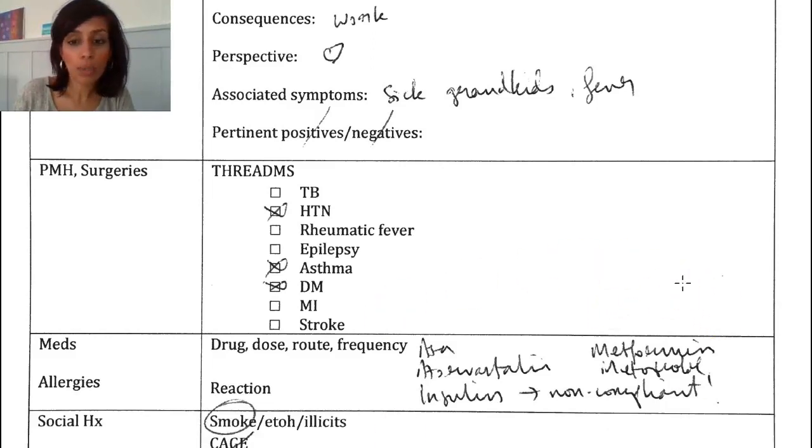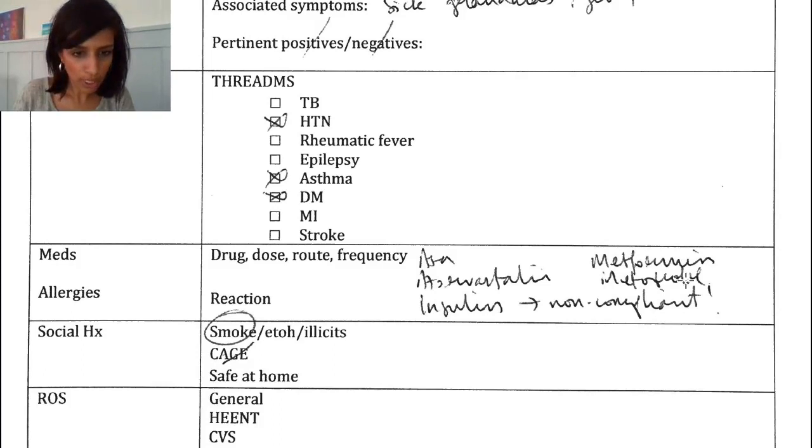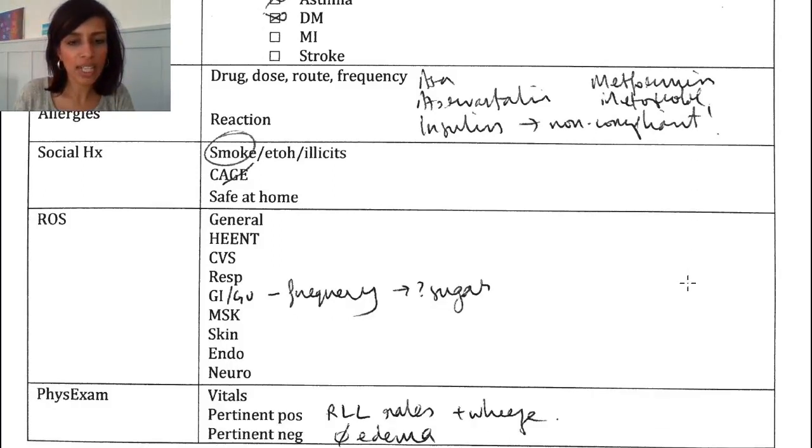I'm very familiar with the common dosages, etc., so I didn't write those down here, but you may need to do that at this point. Got her social history, and interestingly, I found in her review of systems that she had some other problems like frequency, and I wrote down query sugar. In other words, I should make sure to check her sugar because if she's having urinary frequency perhaps